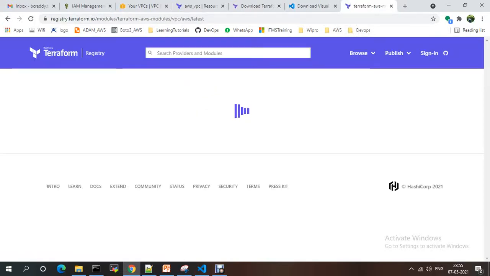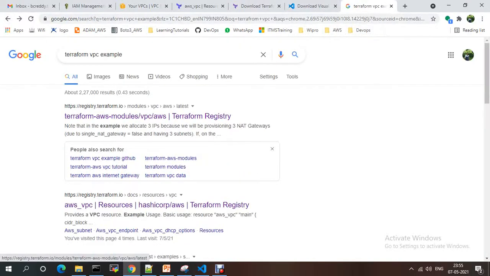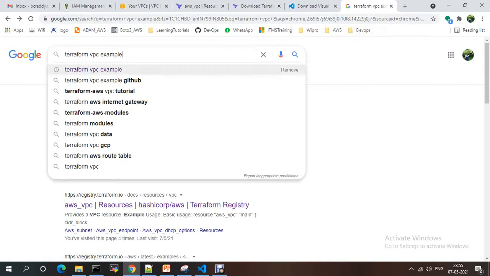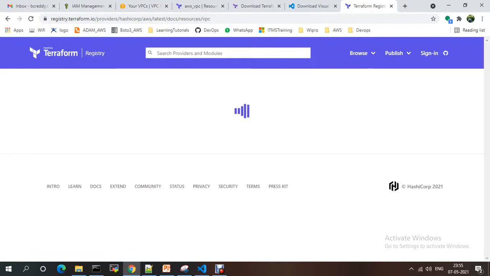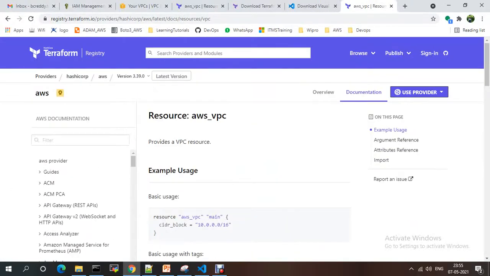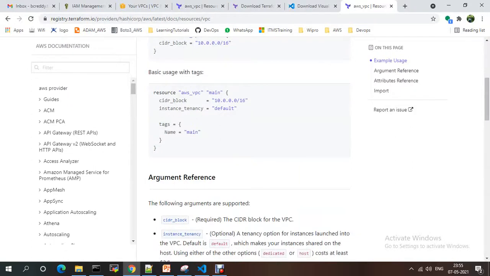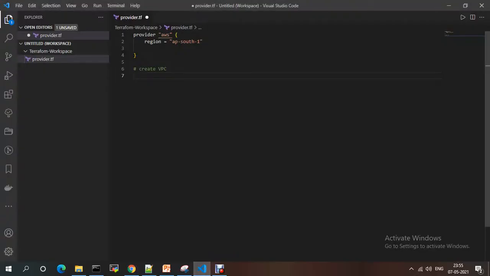If you select the Terraform resource, basic usage with Terraform, I am just pasting this one.